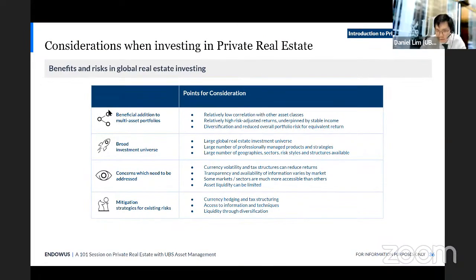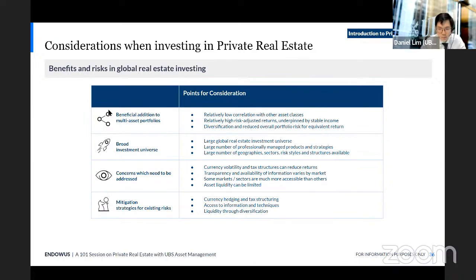Yeah, sure. So in terms of the benefits, that first row of adding real estate to your portfolio, I think Gus has already talked about that quite extensively. But to summarize, adding global real estate, due to the lower correlation to other asset classes, does provide diversification and can improve your risk-adjusted returns. So most of the presentation so far has really been about the benefits of investing in private real estate, but of course there are risks to any investments, which we should also flag.